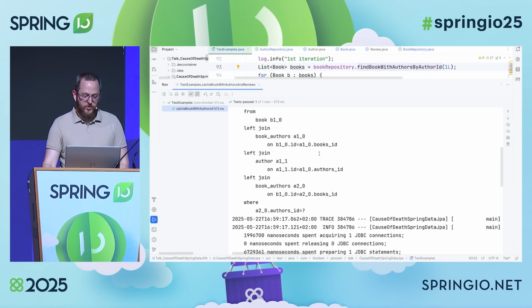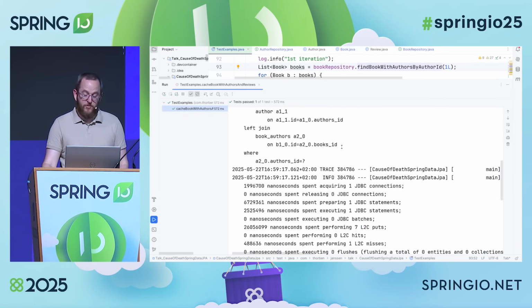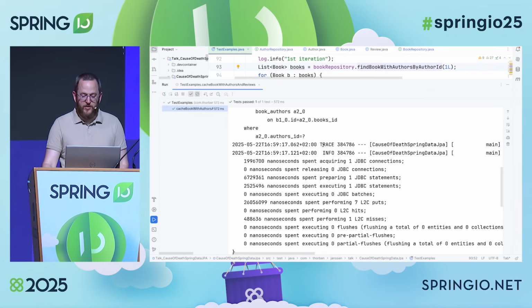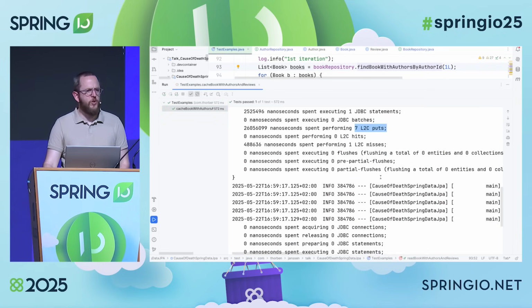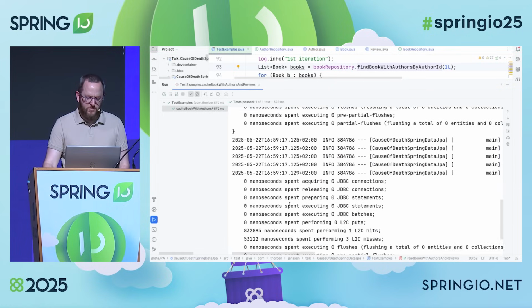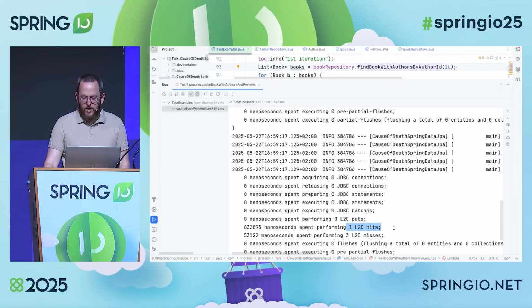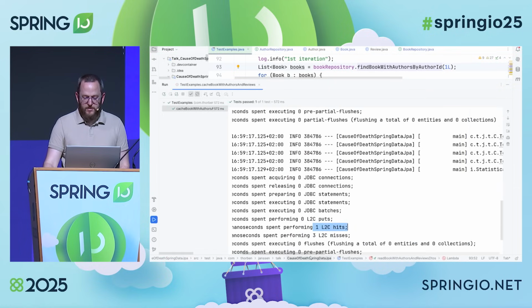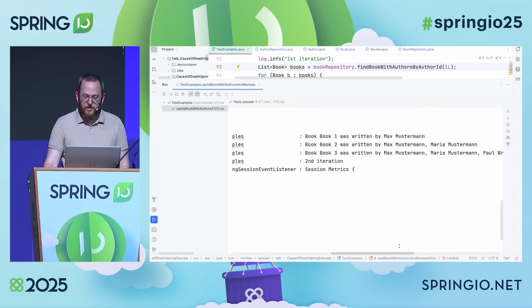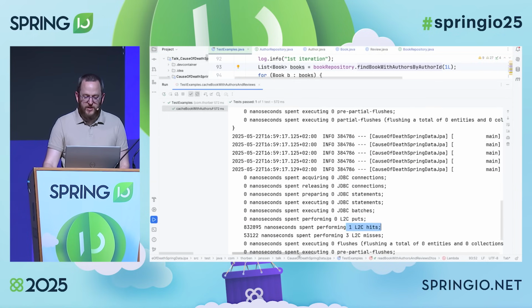First iteration executes the query. Well, obviously, there can't be anything in the cache. We now have put operations into the cache. That's more than before. Sounds good. And now we have a hit. Oh, that's great. So the second iteration gets all the data from the cache.